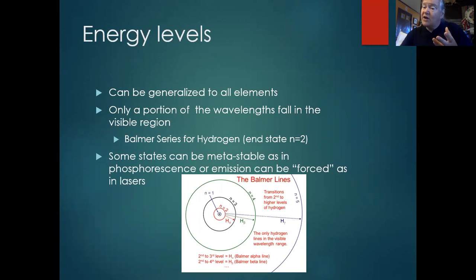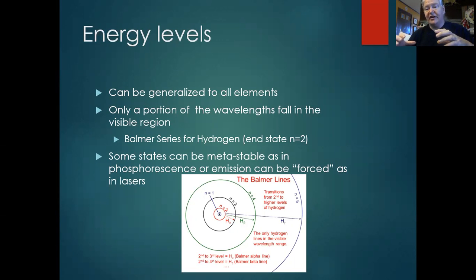Now, some states are metastable, which means most of the time when you're jumping back and forth between these energy levels, the time that it hangs out in the excited state is really short, like a millionth of a second. Okay, so what that means is it's usually cascading back down as another one is getting kicked up. So there's this jumping back and forth, okay, between these levels. But sometimes that excited state has a lifetime that's maybe tenths of a second or seconds, and we call that a metastable state.